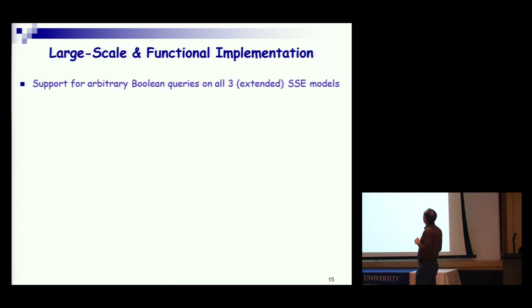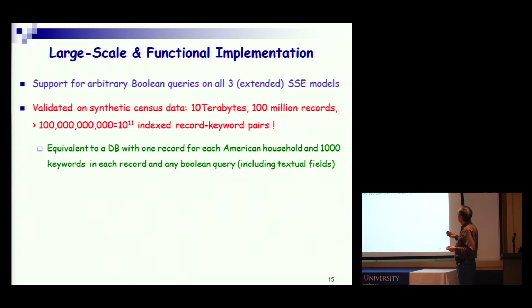Okay, so basically I was saying that we support this big data. So the actual results of this project and experiments is we support arbitrary Boolean queries on all these models: single client, multi-client, oblivious authorization. And the biggest database that we run this on is a database that has synthetic census data, 10 terabytes, 100 million records, and something like 100 billion